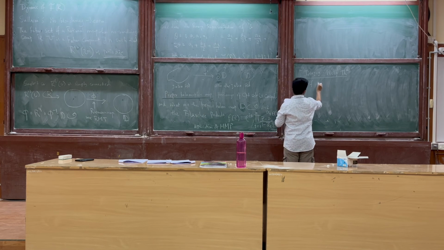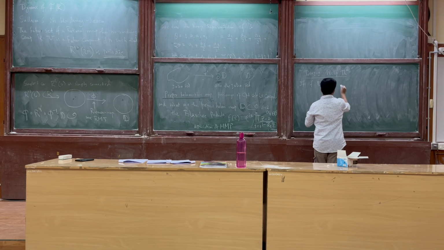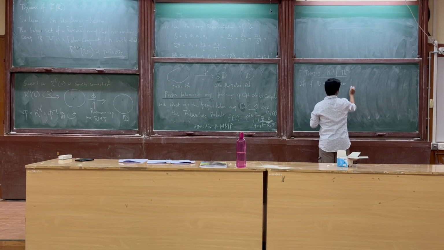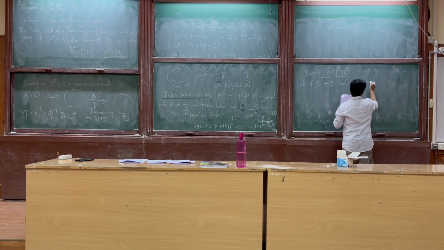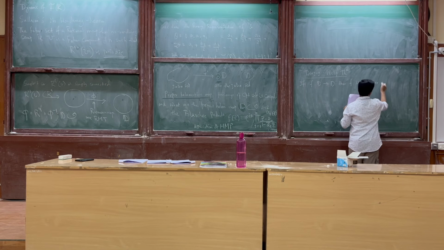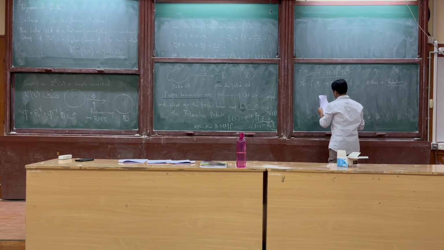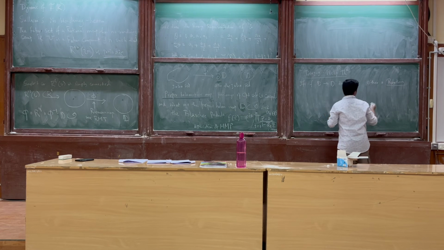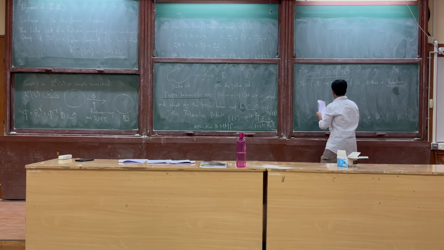If f is a map from D to D, then f is either a rotation or